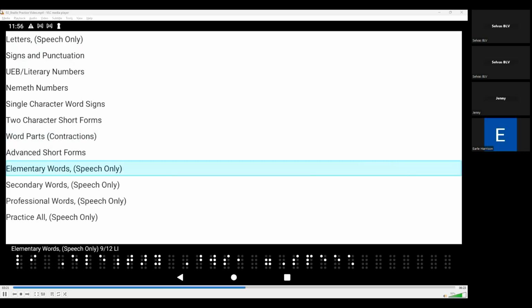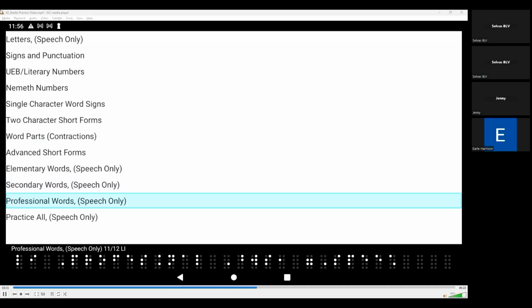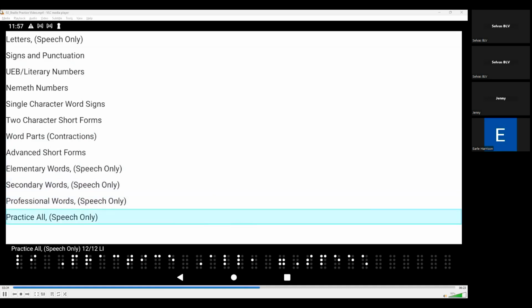And these last 4 categories are also speech only. Secondary words, speech only, 10 of 12, list item. Professional words, speech only, 11 of 12, list item. Practice all, speech only, 12 of 12, list item. So the reason that these last 4 categories are speech only is that we want you to be able to enter these at whatever level of contracted Braille you are currently using. So the only requirement here is that these words are spelled correctly. And that, of course, is why we also cannot prompt you on the Braille display with these, because you could